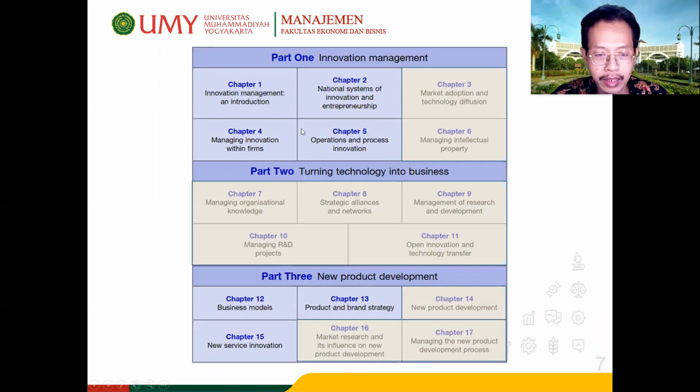Now, we would be talking first on the chapter which introduces what innovation management is. And then afterwards, we would be talking about the policies that are needed to enhance innovation and entrepreneurship. By the way, innovation and entrepreneurship are 2 words, 2 concepts that are closely related to each other. And we would be talking about those 2 items quite frequently. We'll be skipping the 3rd chapter, going directly to the 4th chapter on how to manage innovation in companies, to